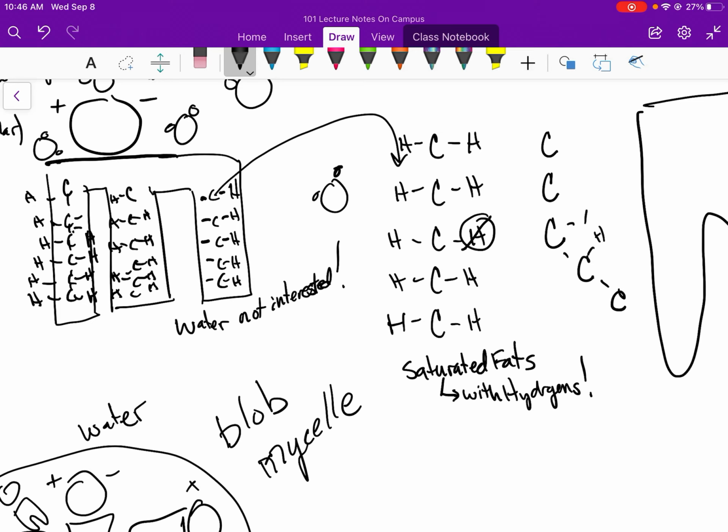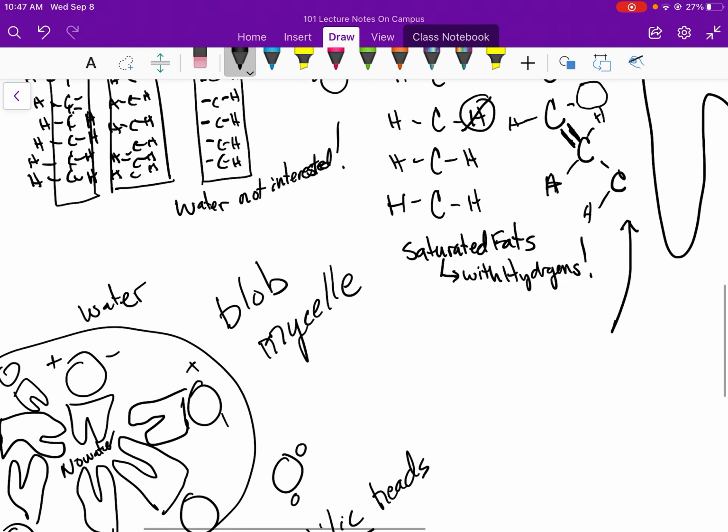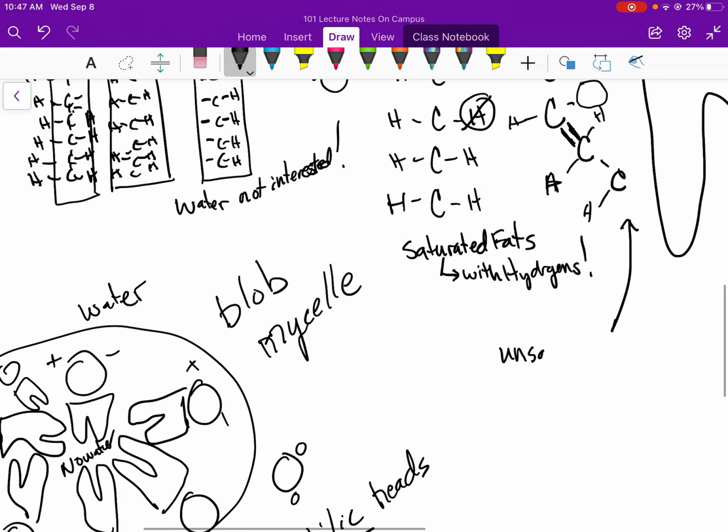So we're going to miss a hydrogen, and what will happen is this carbon will make a double bond here, and there won't be a hydrogen where there was supposed to be one there. And then we'll have one over here where they were before. Now this is kind of a weird thing to have happen. So you have a hydrogen out here, but there's the missing one there, right? And now you've got them here. Now what this causes is a bend in the chain. So now this is an unsaturated fat